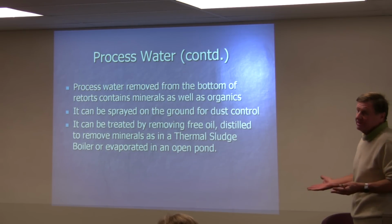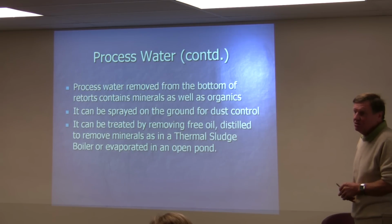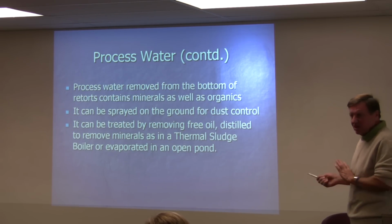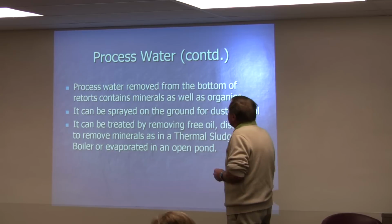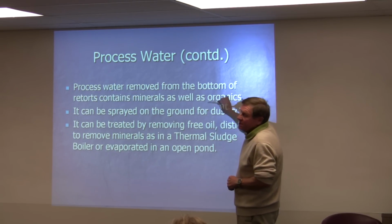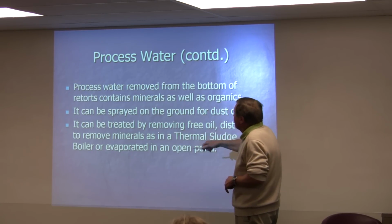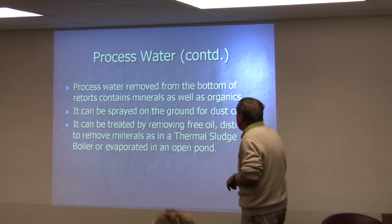And of course, the Daily Sentinel says, oh, the oil shale processes are going to use every bit of water that's in the Colorado River, but not quite. We can export water to you from this process. The water coming off the bottom of the retort is a different matter. It hasn't been distilled or anything, so it condenses out there, and it's got minerals in it and organics. You can spray it on the ground for dust control, or it can be treated by